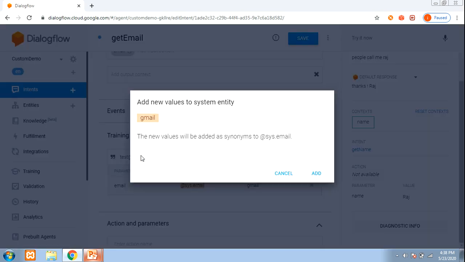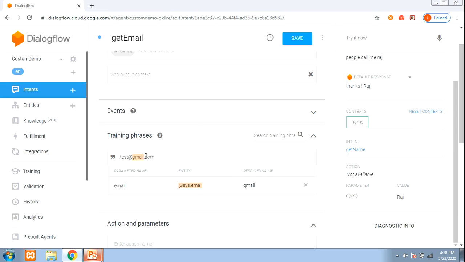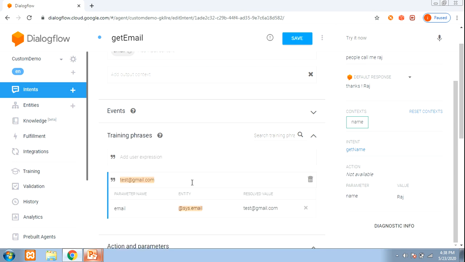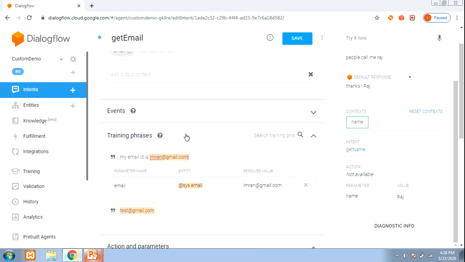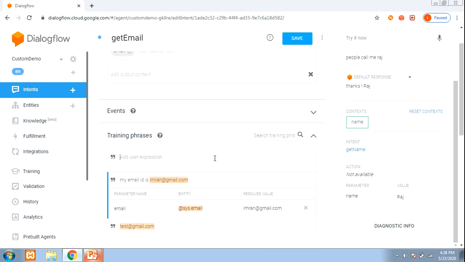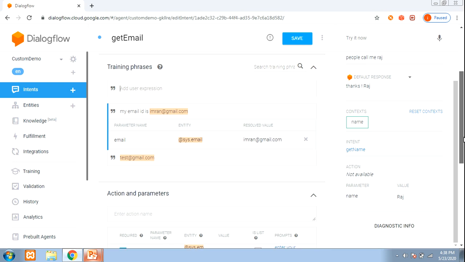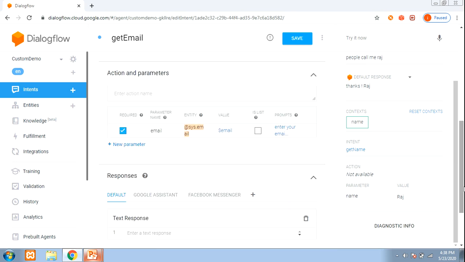Just click on it, cancel, select your full email ID, and I am going to add one more expression like my email ID is @gmail.com, and select this email ID and click on it. Now my training phase is completed.